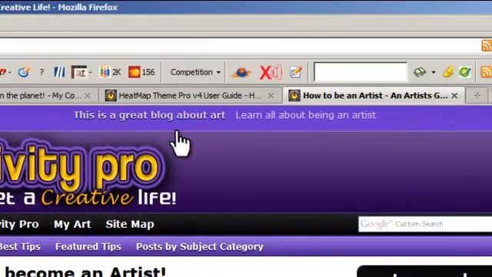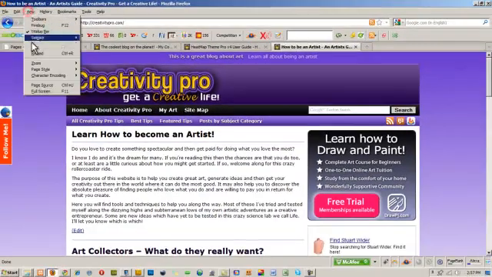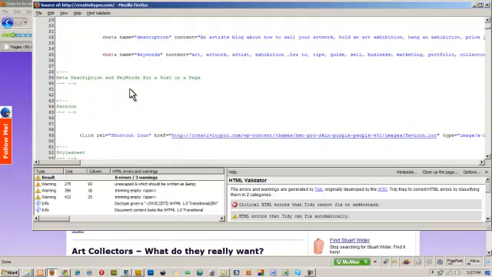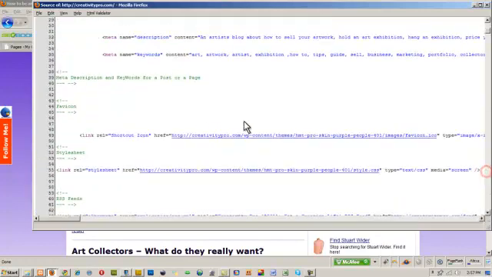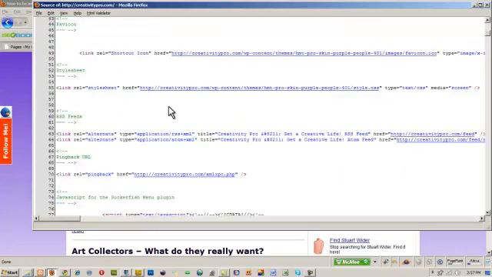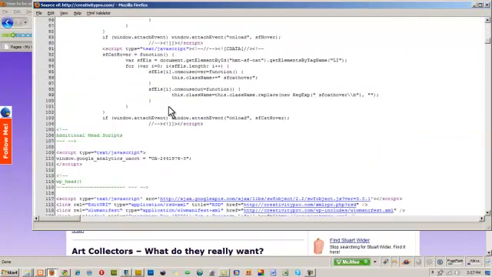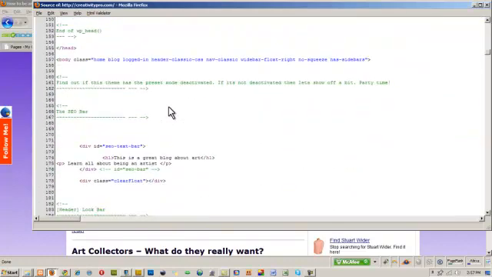And so you can see here now we have our SEO text, which is appearing right at the top of our blog, but not only that, it will also appear in our source. So if I just view the source of this page and scroll down, just get rid of this so we can see a bit more. If we just scroll down a bit further and look for our body tag,